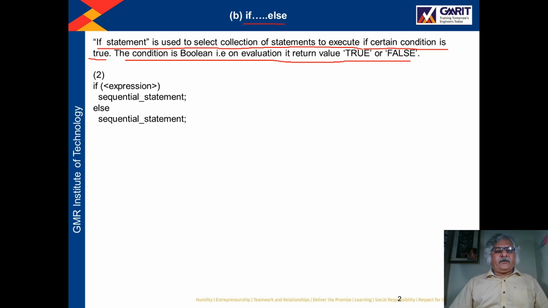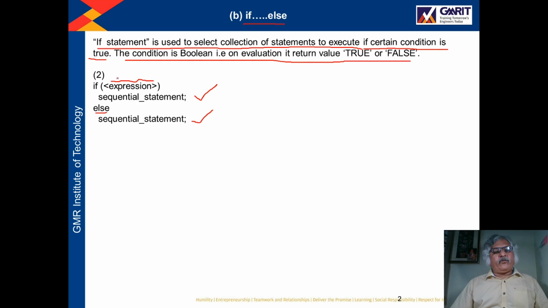Now in this form of the if-else statement, the syntax is: if expression, then some set of statements, else some set of statements. Here the value of the expression is evaluated.